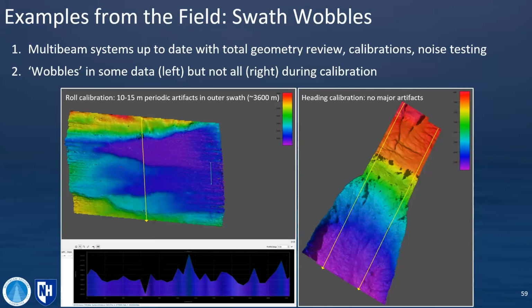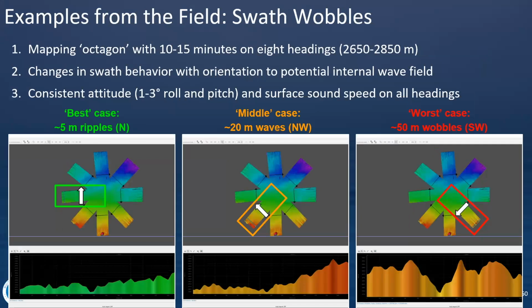And here's what some of those wobbles look like on the outer swath. 10 to 15 meter periodic artifacts in the outer swath in 3,100 meters of water. That was during one of our roll calibrations while we were trying to check out the whole system. And then you go to another site for another part of that calibration and there's no artifact. You're a little bit baffled by that. The whole system checked out on all the calibration, the geometry review, noise testing, all those things. And finally, we thought,